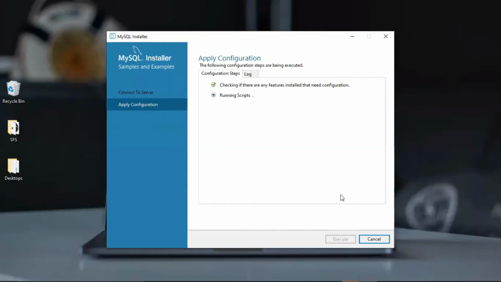Two options were there. If the first option is not working, you can select this next option. You can continue and then set your own password. My password is tiger, and the default username is root. So your user is root and password is tiger. Whenever we are doing database connectivity with Python or Java, you have to take care that in MySQL the default username is root and the password is whatever we set. My password here is tiger.